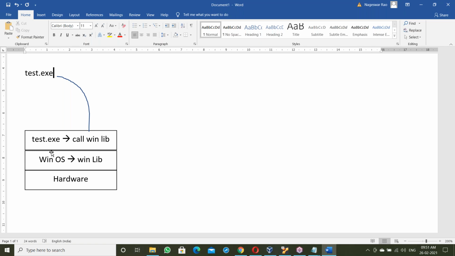It's a static linker. At the time of building the exe file itself, all the OS libraries are linked, not at runtime.